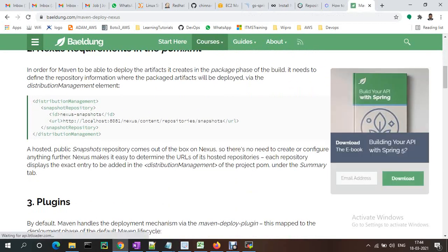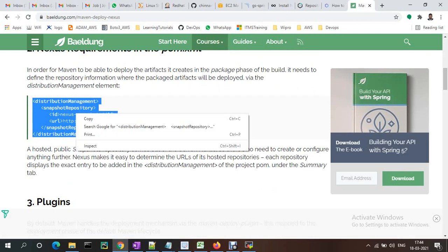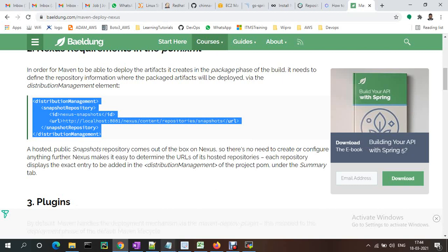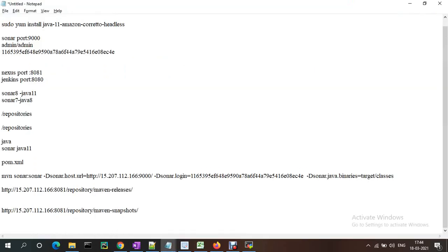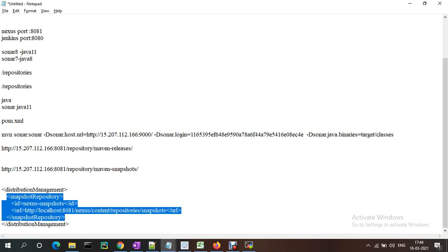We need to add this distribution management under the pom.xml file. So where is our snapshot URL and the ID and password. Okay, here I am just taking this username and password.